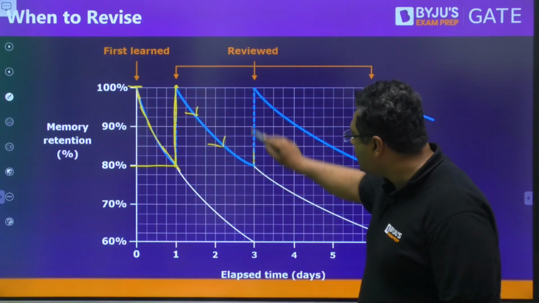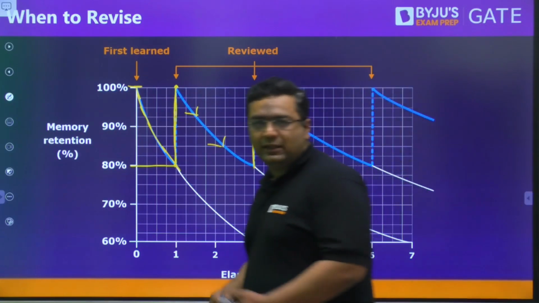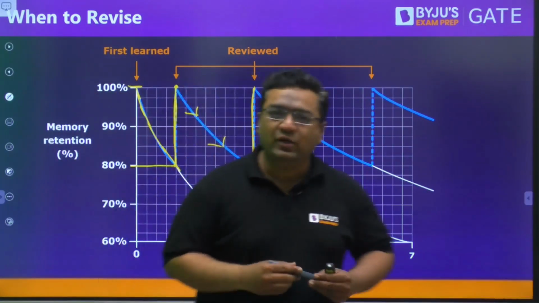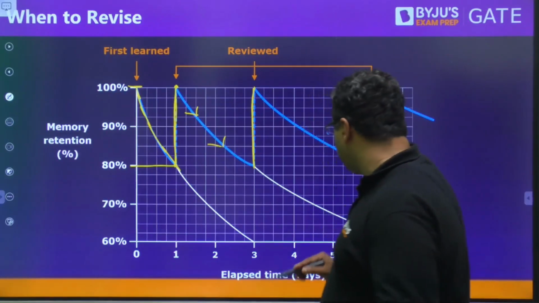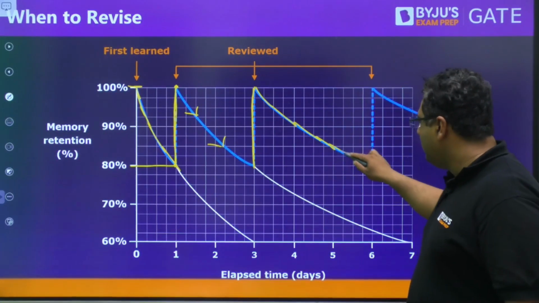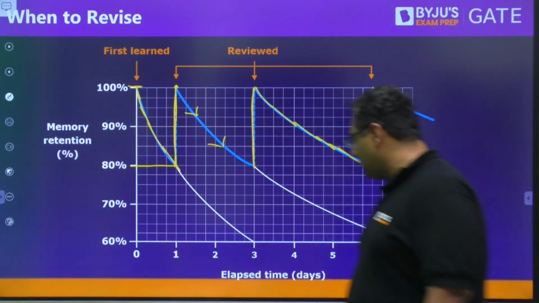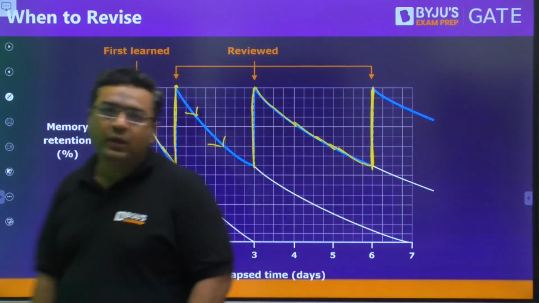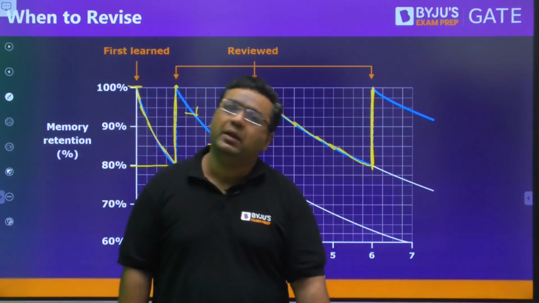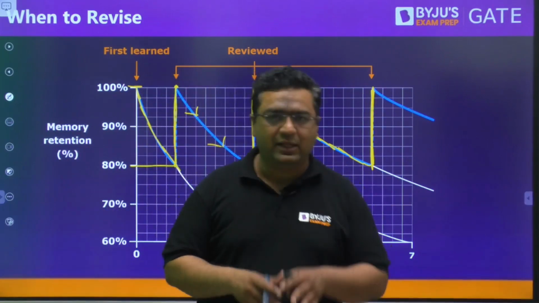Then the second revision should be within 3 days. So when you come up with the second revision within the 3 days, then my dear, you will be going up for the third revision. You will once again slowly be forgetting. I would like to say, try to have the third revision within a week and then the fourth revision within a month. After these 4 revisions, you will never forget the things.